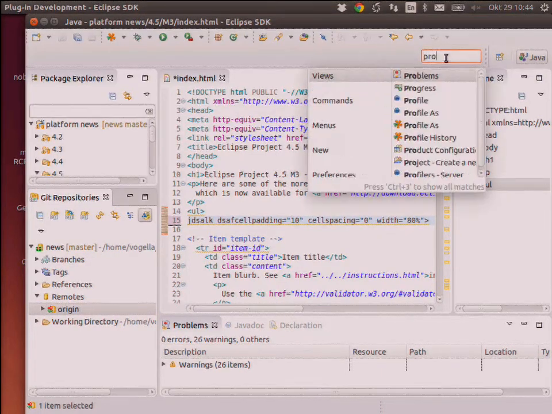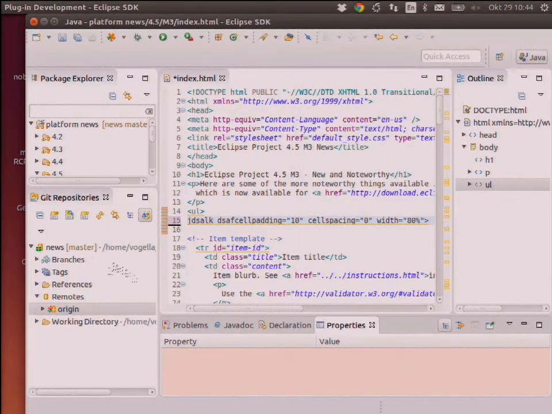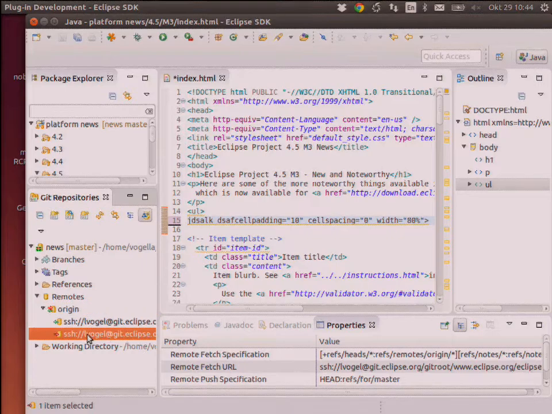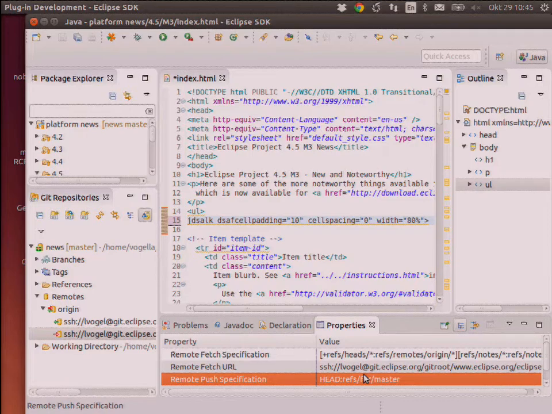You can basically, in the properties view, look at this and you see the push configuration. If you're a Git person, it pushes the actual head to refs for master, which is a different ref spec where you're pushing to. That's fine. And basically, this means it goes to Gerrit, and Gerrit will create a Gerrit review from there.